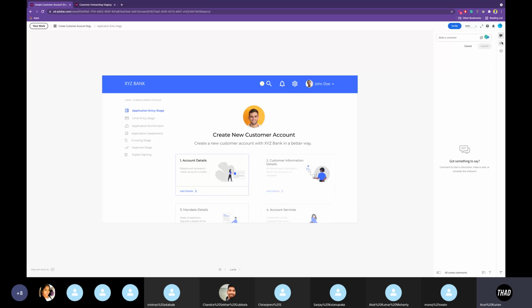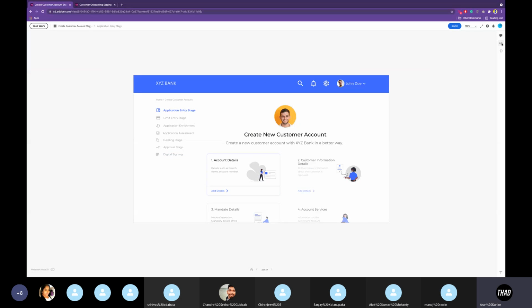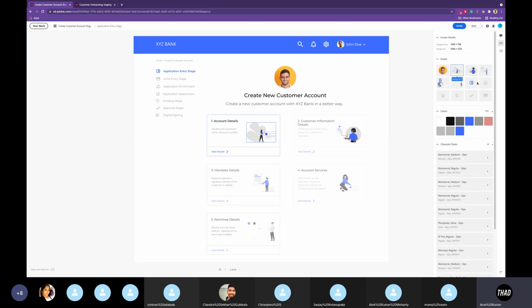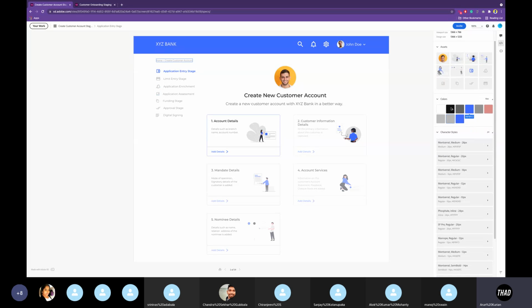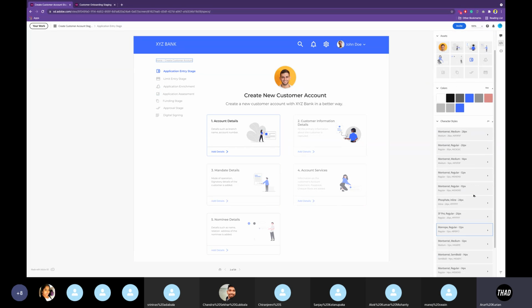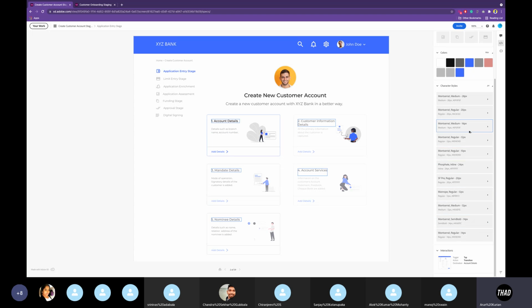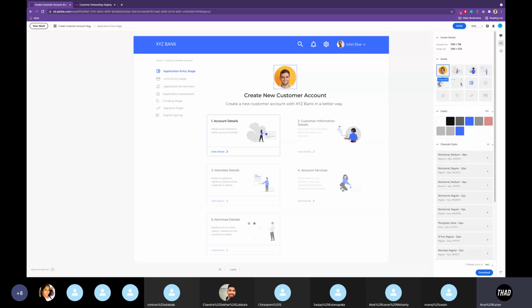Now we have this part. Here, you will be able to see the list of assets that you can download, all the colors that we have used, and all the fonts that this document has. If you want to download a particular asset, you just need to click here, and below you can select different options. Right now this asset has PNG and PDF output, so you can download either PNG or PDF of this particular asset. You just need to click the download button, and it will be downloaded to your system.